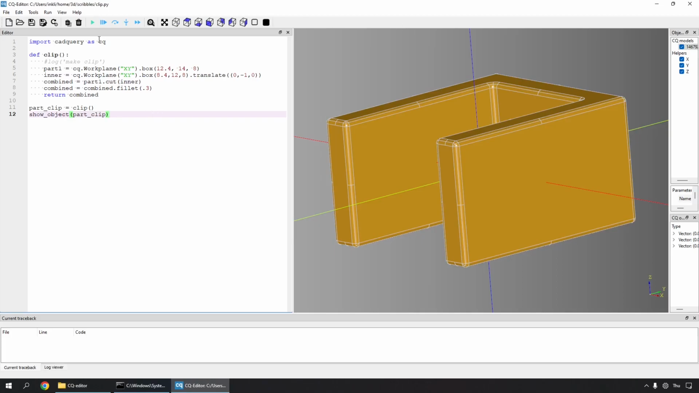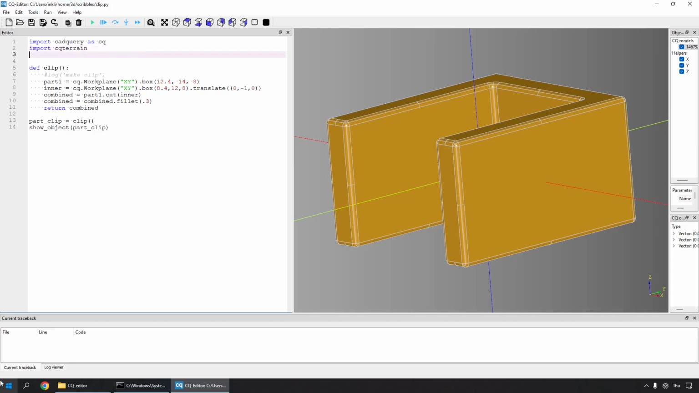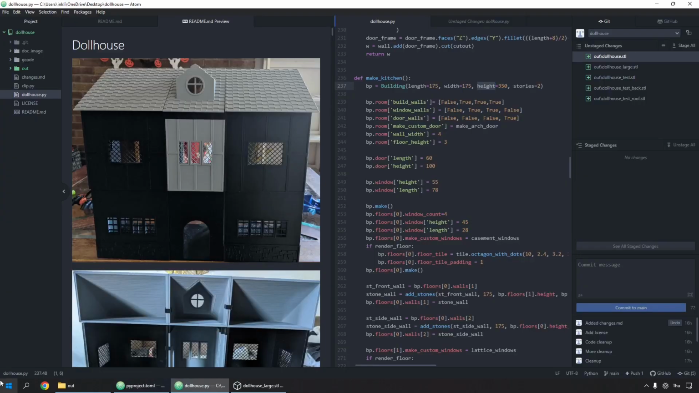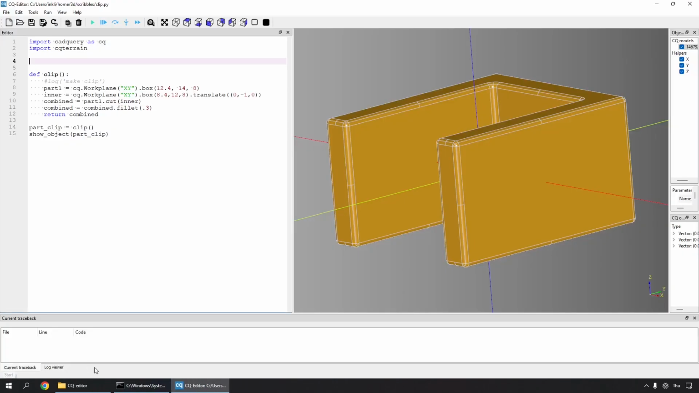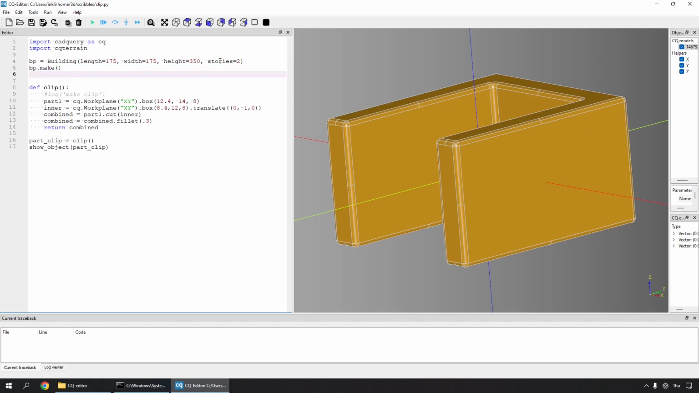If I do an import CQ terrain, what I should be able to do is declare a building, and we'll get a blueprint off of that. And we'll do all that, and I should be able to say bp.make, and I should be able to say